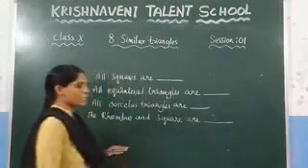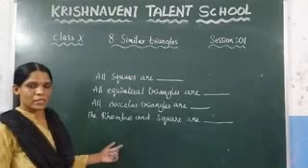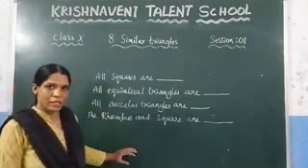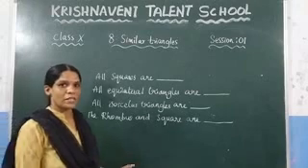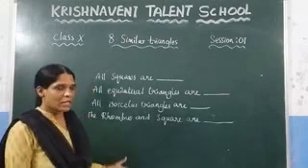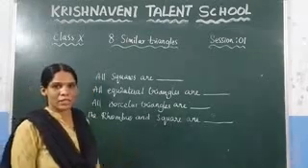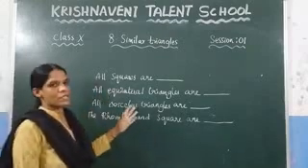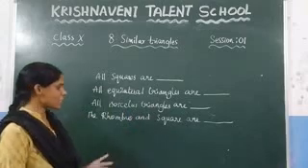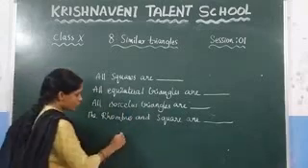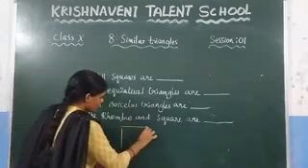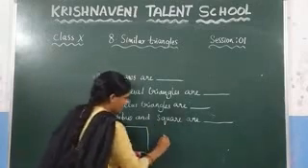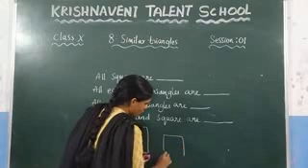So just now we have discussed the similarity. What is meant by the similarity? If you take any two figures, you need to check their corresponding angles and the corresponding side proportion. If they are equal, then we can say that those figures are similar. Now here, what is the first one they ask? All squares are similar or not? That means let us consider two squares. Let us consider the square. And you know that in a square all sides are equal, right? So let us consider one more square.